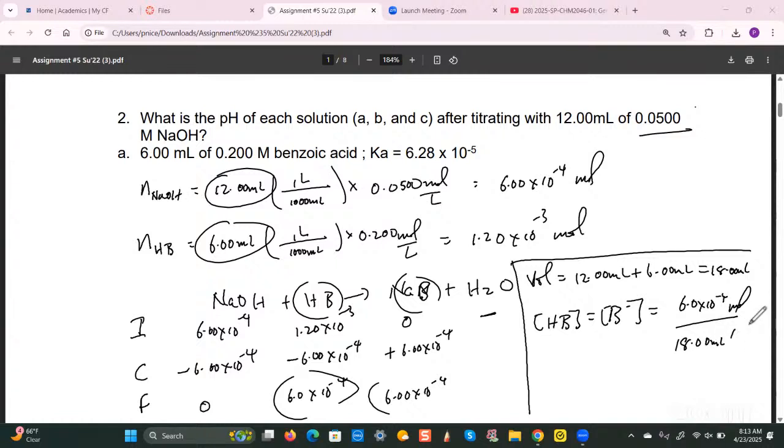milliliters, which we have to convert to liters. So 1 liter over 1,000 mL is what you're going to multiply that by. And when you work that out, that's going to be equal to 6 times 10 to the minus 4 divided by... So according to my calculation, this is going to work out to be equal to 0.0333